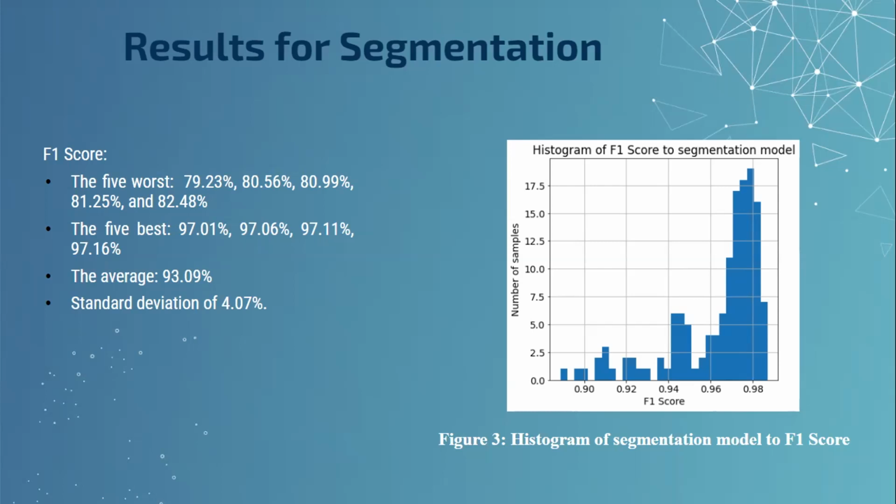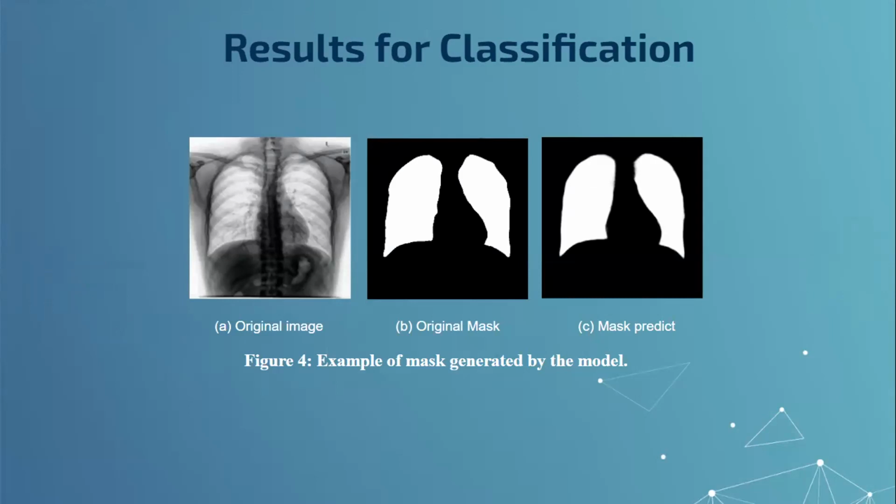The five best are 97.71%, 97.06%, 97.11%, 97.16%. The average is 93.79%, with a standard deviation of 0.7%. In the figure, you can see an example of the image